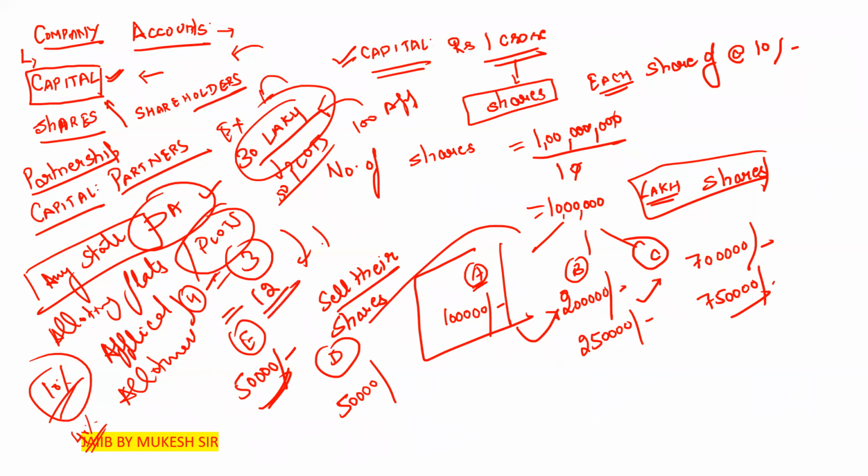Then after 3 months there is a first call, where you have to pay 30% more, that is 9 lakh. And how much is left? Only 6 lakh is left. So in the last call, the second call, you have to pay 6 lakh. In this way they are demanding the money over a time period. They are saying that in 7 to 8 months, or within 1 year, the process is going to be completed.